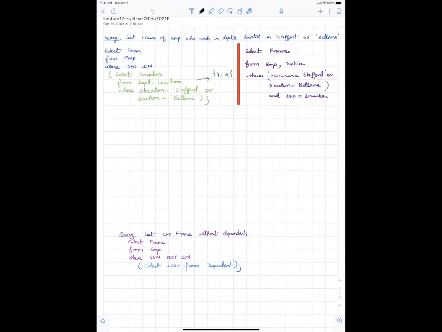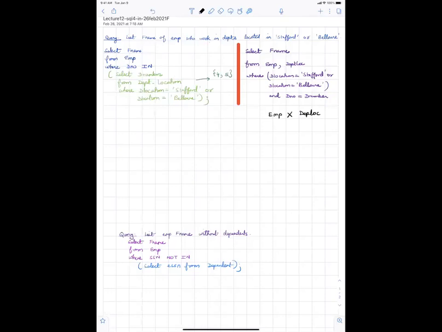So on the right, where you have employee and department location, what happens here is that they do an employee cross product department location. Employee has 8 rows and department location has 5 rows, so this is a table with 40 rows, like I showed you earlier.